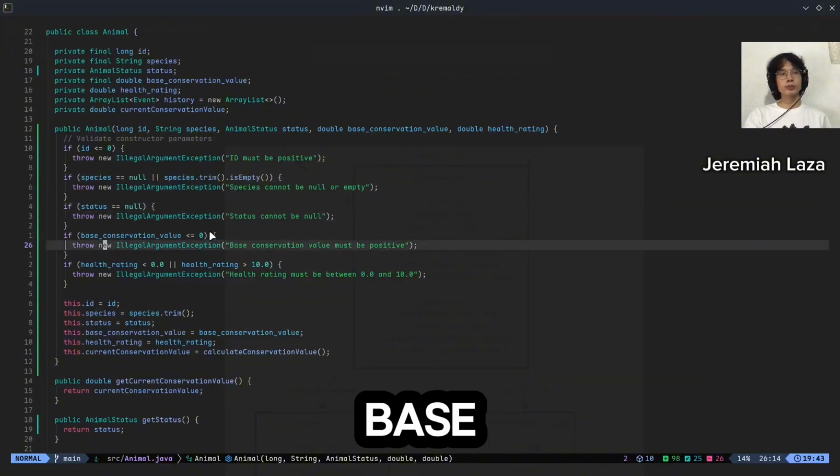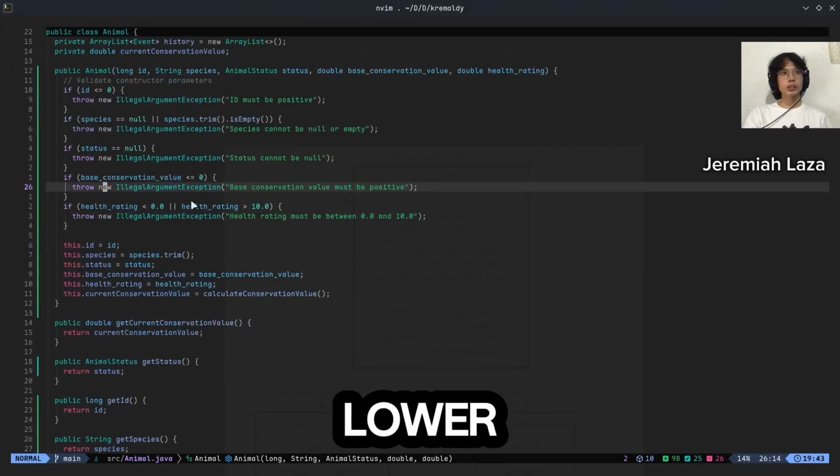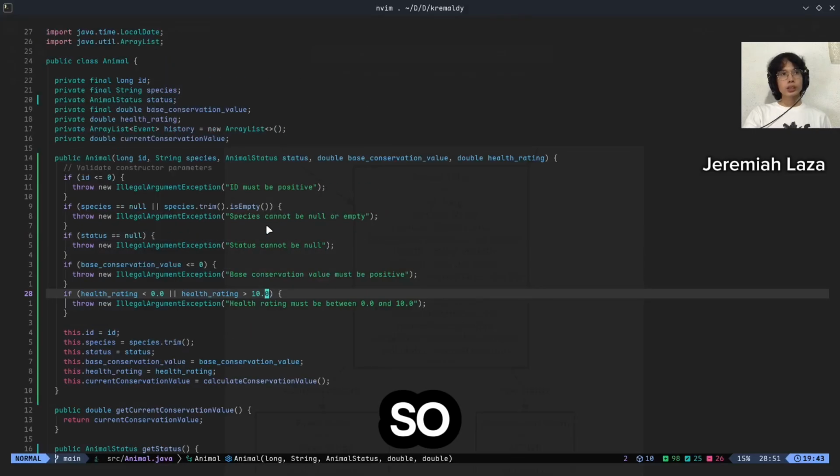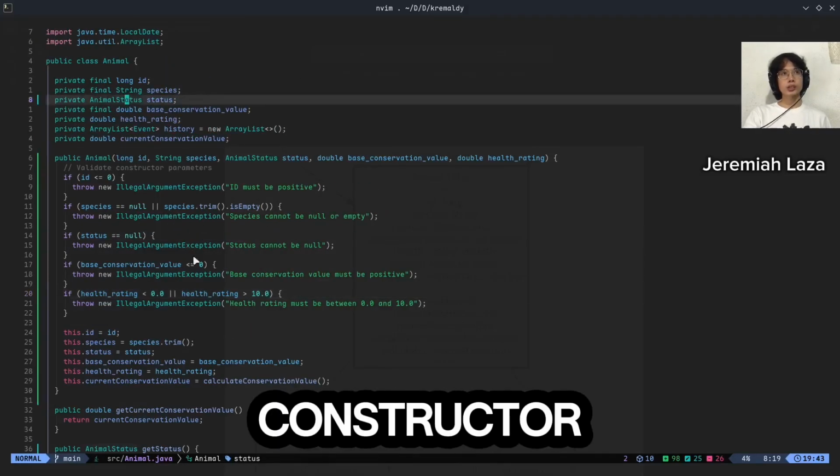The base conservation value cannot be 0 or lower. The health rating must be 0 up to 10 only. So that's pretty much the attributes and the constructor for this class.